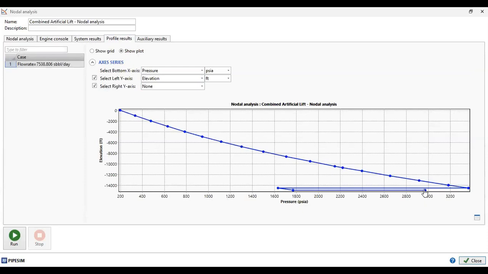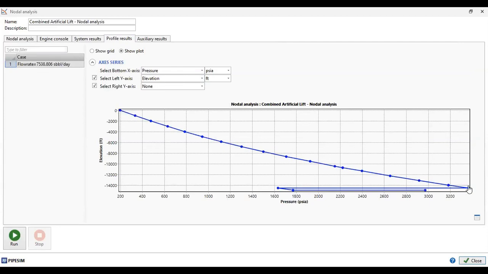So we start from the reservoir pressure of 2,972. Here we go to the bottom hole flowing pressure at sand phase at perforation. This is the depth of the ESP. And after going into the ESP, the pressure will go up significantly, so that we go to the right. Here is the discharge pressure after the ESP. And from here we go up to the wellhead pressure.